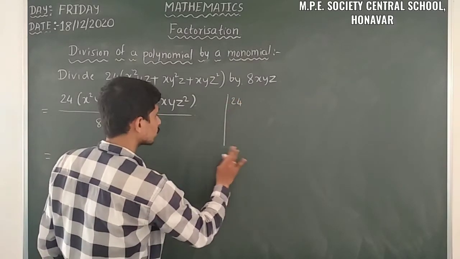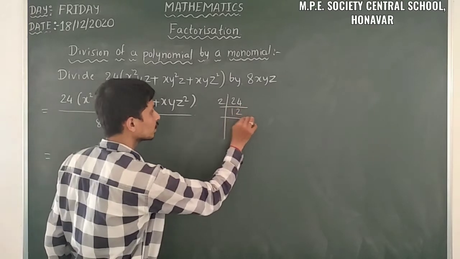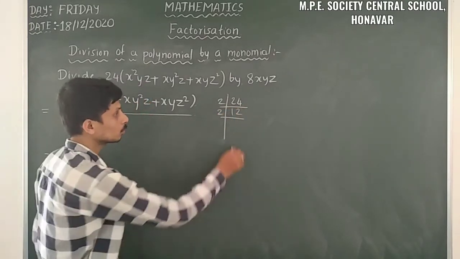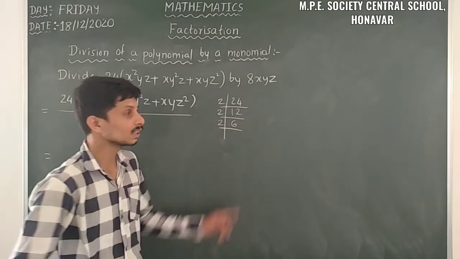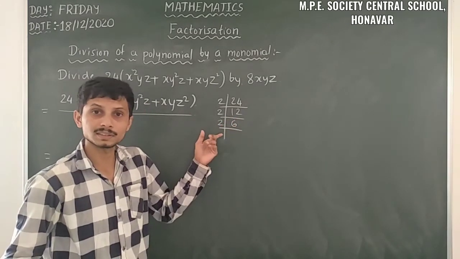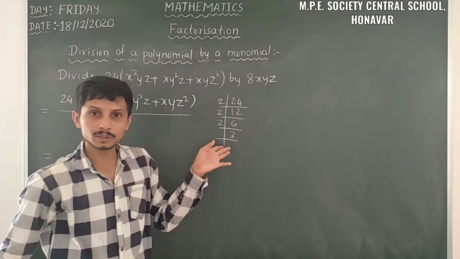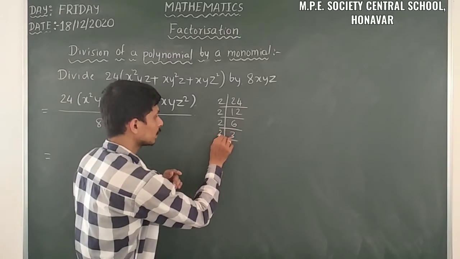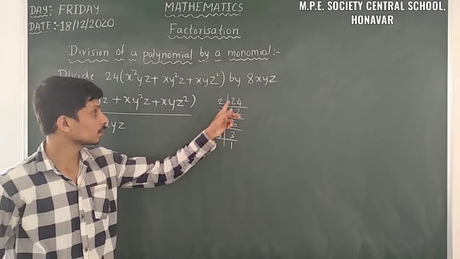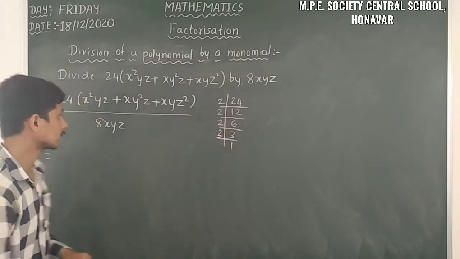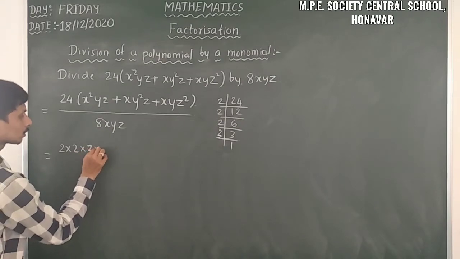When we factorize 24, we can divide by 2. We have 12 here, so here we can divide by 2. From 2 we have 6, and here we can divide by 2 also, because these three are even numbers. We can easily divide with the 2. So here we have 3, and 3 we can't divide with the 2. So what is the prime factorization of 24? 2 into 2 into 2 into 3. Just write like this: 2 into 2 into 2 into 3.